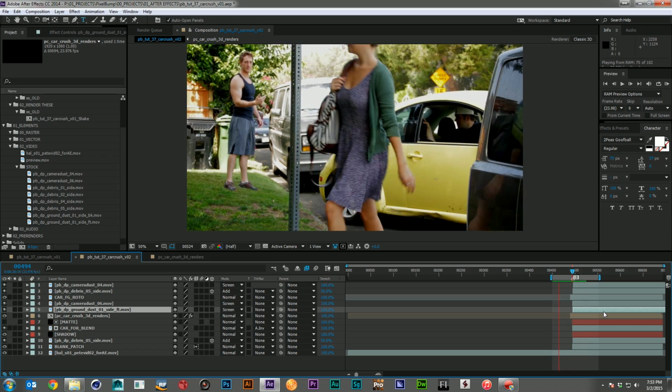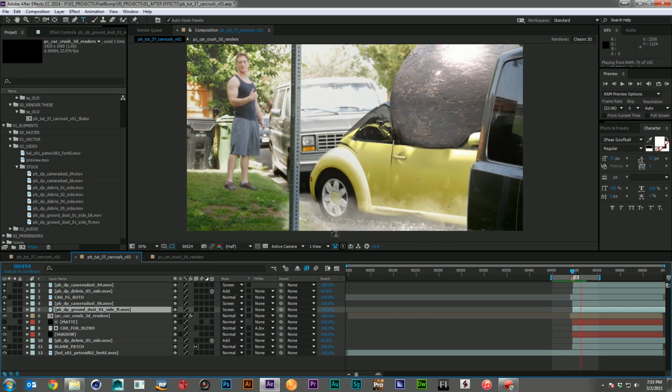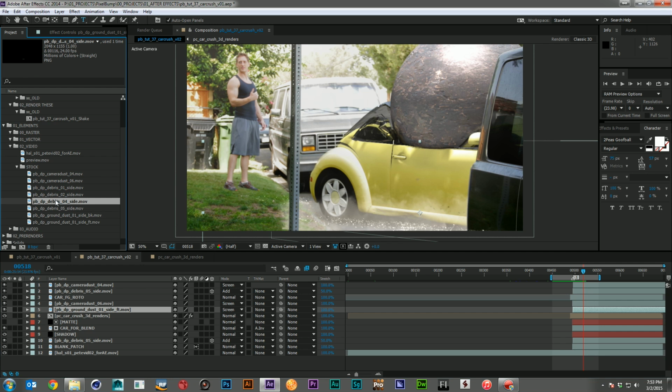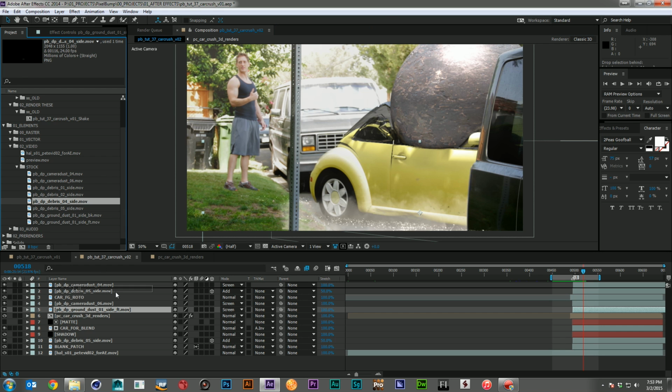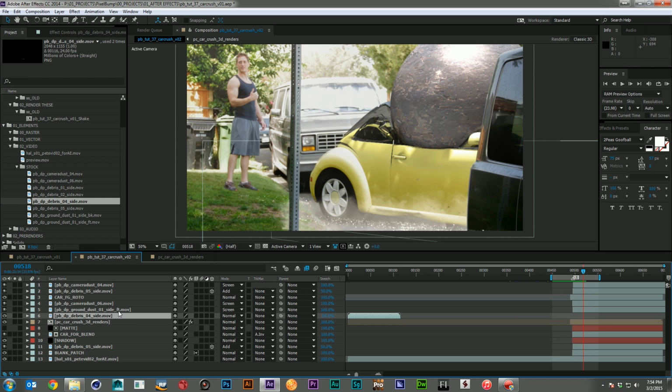There we go, that's looking pretty good. And I'm going to grab one more debris here, I think. Let's see what we got. Yeah, we've got this nice pavement-y kind of explosion. I'm going to go ahead and drop that below my